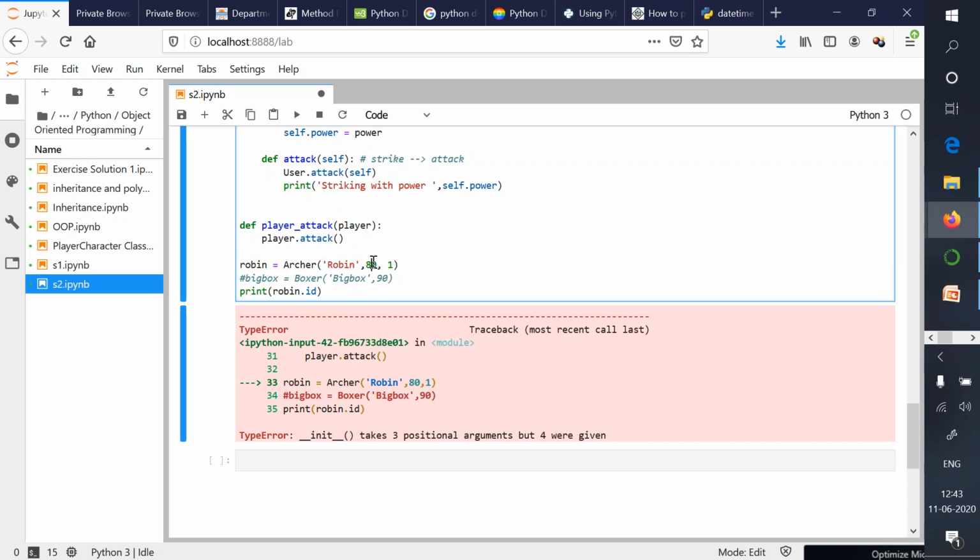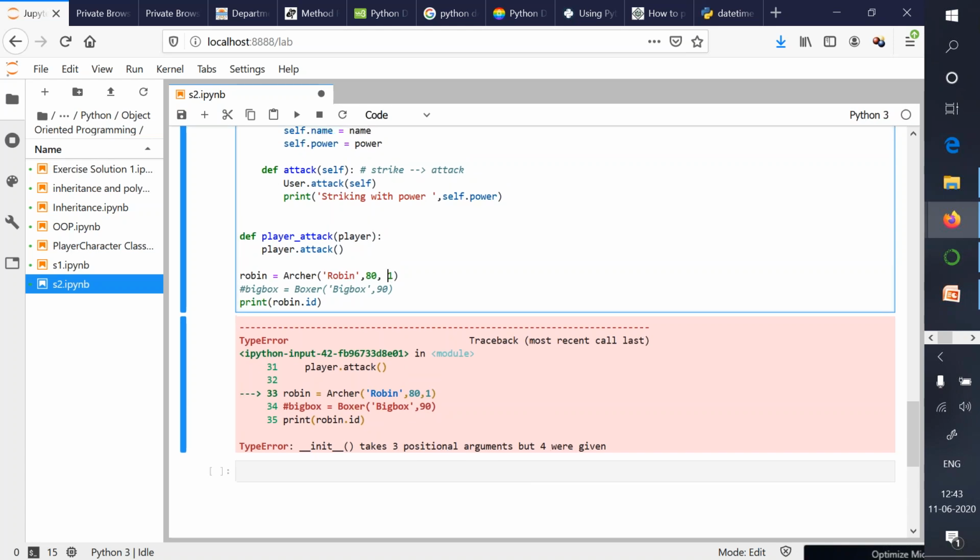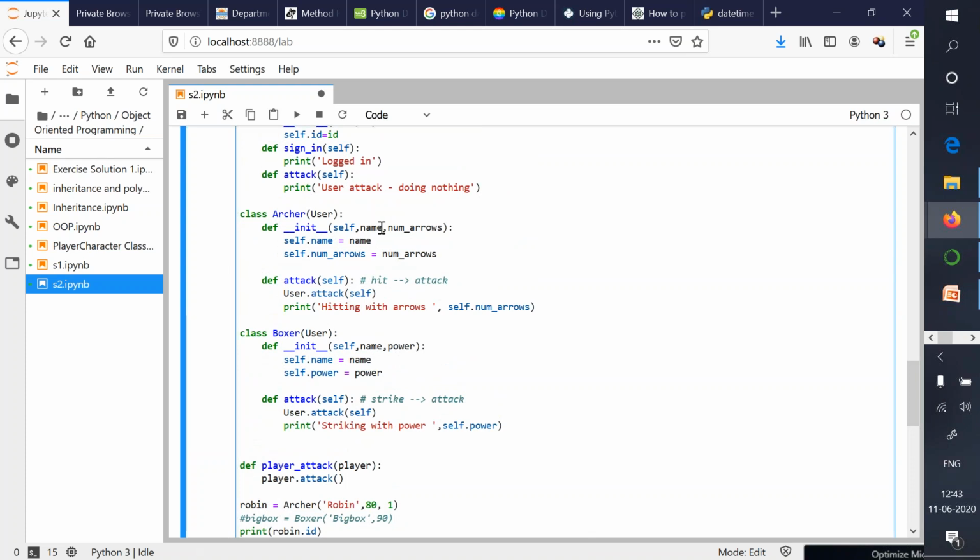One is self, second is Robin, third is 80, and fourth is 1. So the statement says it takes 3 positional arguments, but you are specifying 4, because with Archer you are mentioning that this object will accept only 2 attributes, name and arrows, but it is not accepting ID.